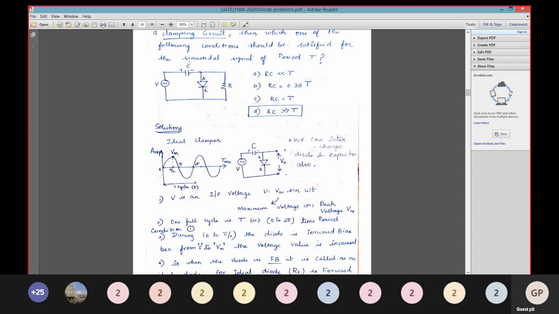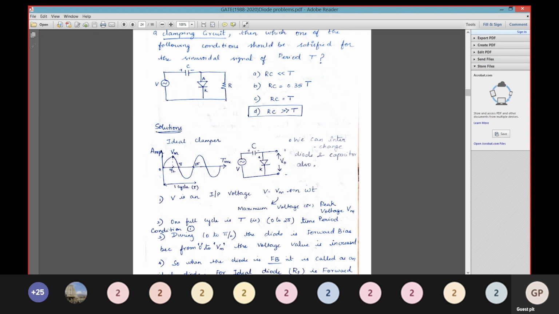Okay, so what is the maximum charge? It charges to the maximum voltage. Okay, what is the maximum voltage? Its maximum voltage is Vm. Okay, so you are giving the positive half cycle. When the wave reaches its maximum, the capacitor voltage reaches the maximum value of Vm. Okay, and now I'm just going to split this into half, greater than Vm and less than Vm.